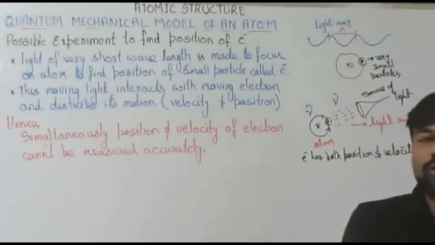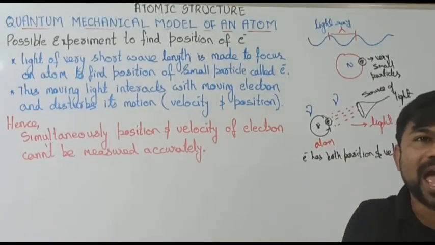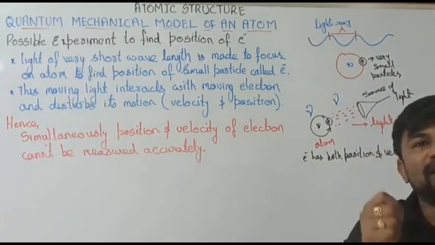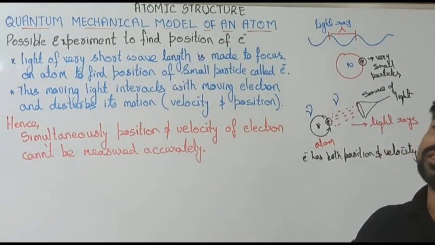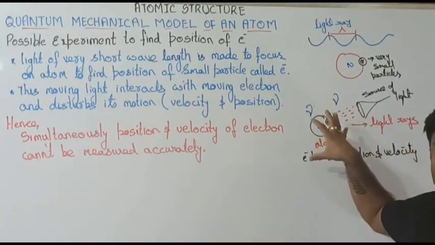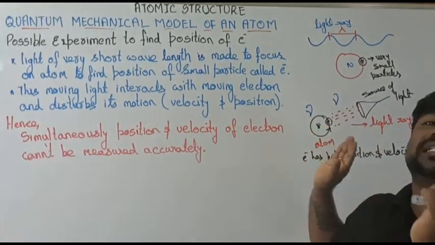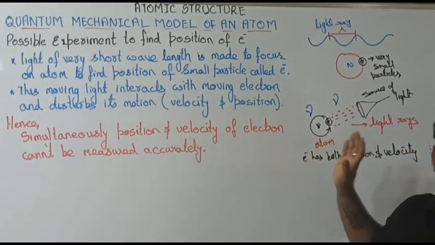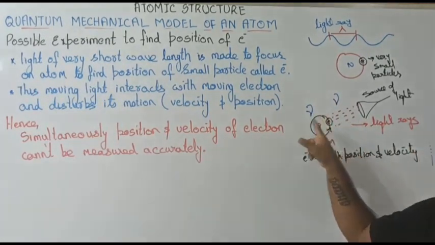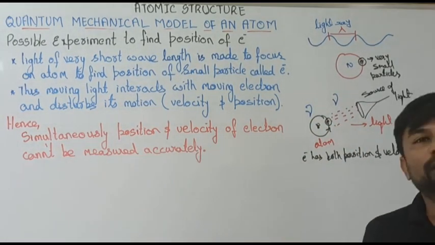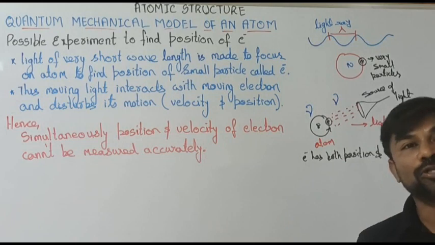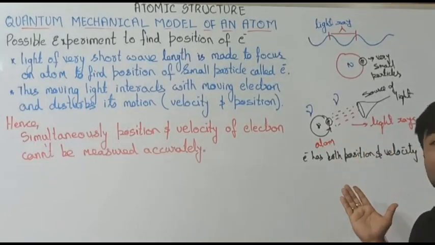Alright, I would like to say only one thing. The only option we have to find the position is a light ray of very small wavelength. If we use that also, we are not able to figure it out. So what we will say here is that it is not moving in an exact position. If we were able to find out the position, it would mean it is moving in the same orbit. We are not able to find it out. Why? Because it is not in an exact position. If it is in a fixed position, we might have found it.